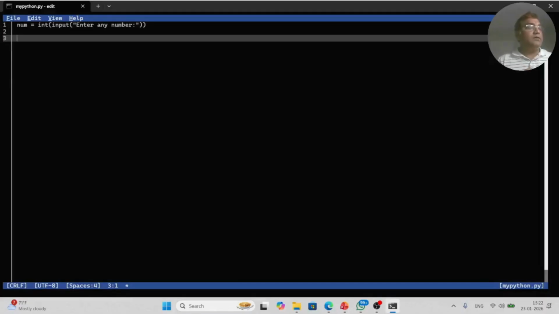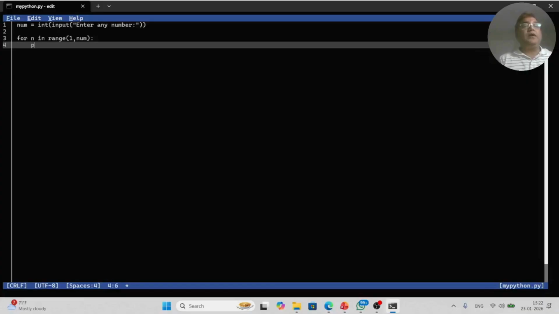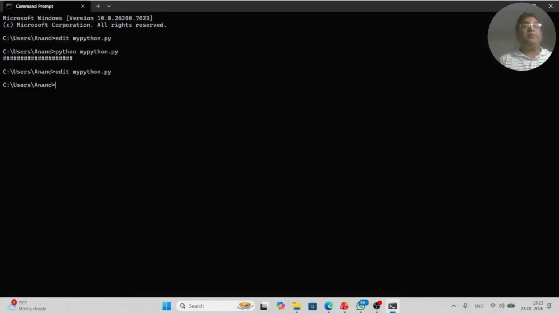So for any number, I will just use a for loop: for i in range, starting from 1 up to the given number. I just want to display the number, so print. If I just do n here, let me close the program and run it. It will ask for a number. Let us say I'm giving 12. So 1 to 11 it is displaying. If you want to get 1 to 12, I can just change the program,